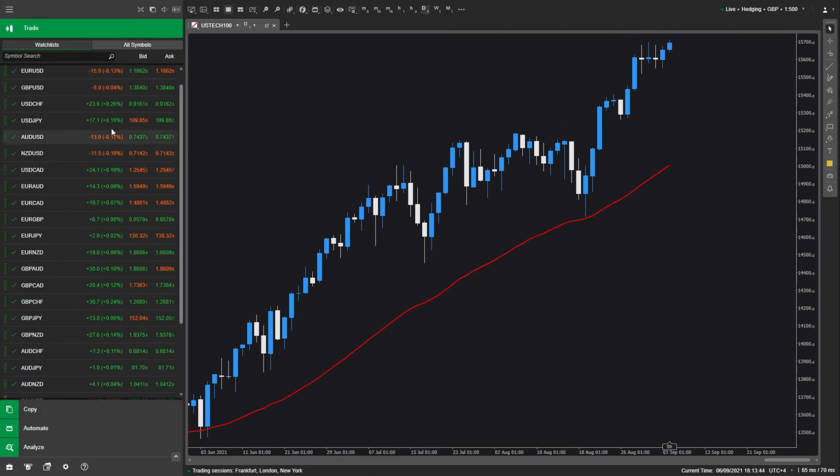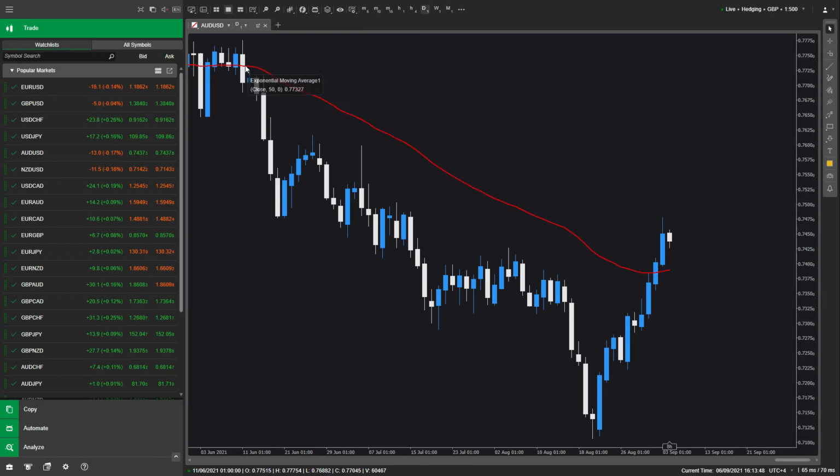Flip things upside down and look at a downward trend for a minute now. You'll notice that we have the 50 moving average pointing to the downside. This is a downward trend. However, if you look at the far right hand side of the chart, which in real time is all that really matters, you can see right now that this red line is no longer pointing down. Now it's pointing sideways,